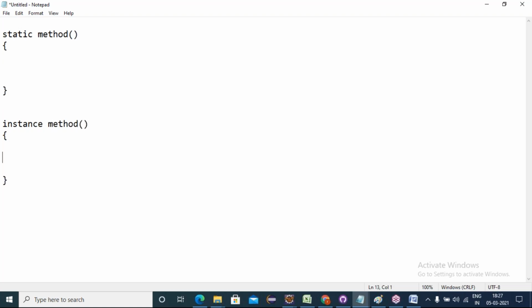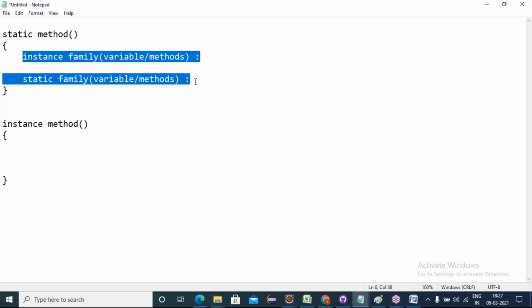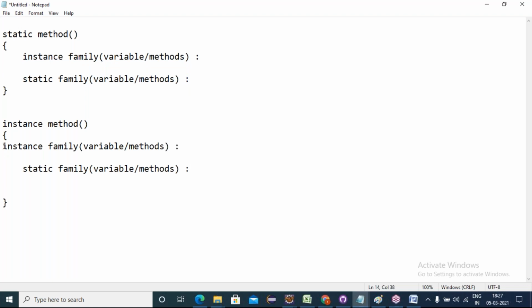Friends, here in the static method, how do we call the instance family? Instance family means instance variables or instance methods. Static family means static variables and static methods.